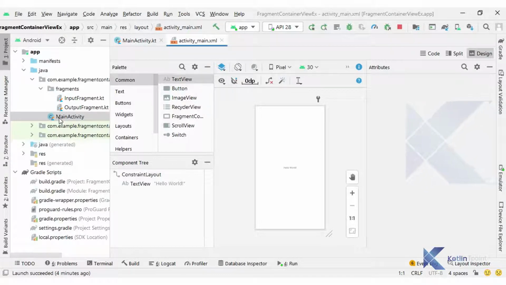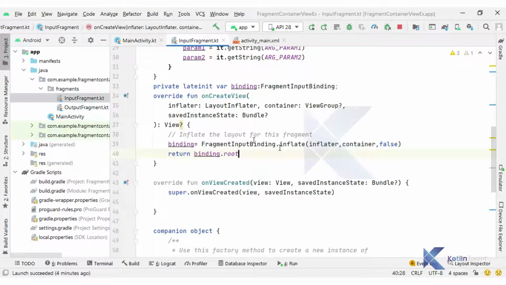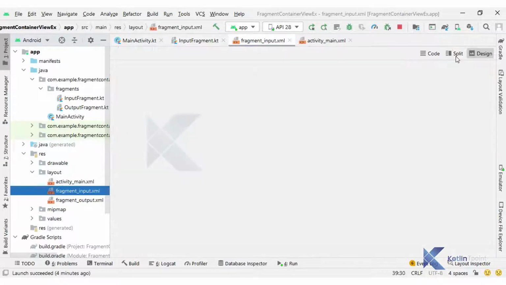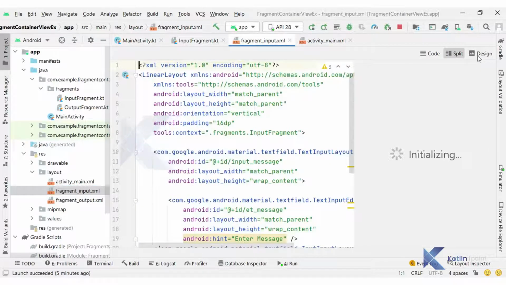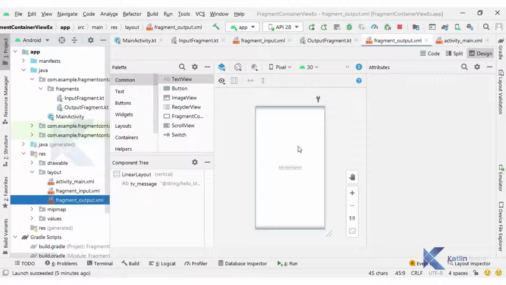Inside my application I use Kotlin as the language, and I have the main activity and two fragments already created. The input fragment has an edit text and a button, and the output fragment has one text view only. I am going to transact between these two fragments with the help of fragment container view.